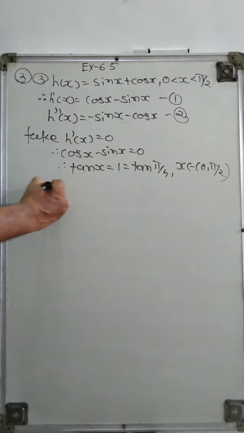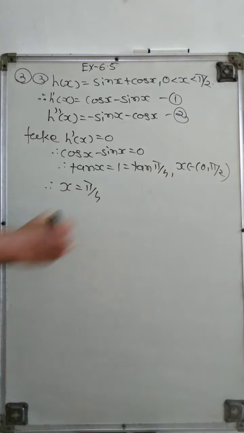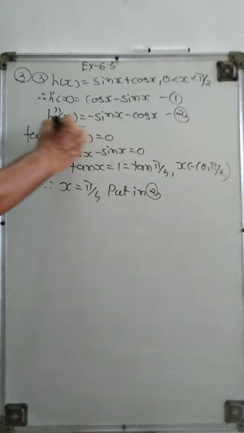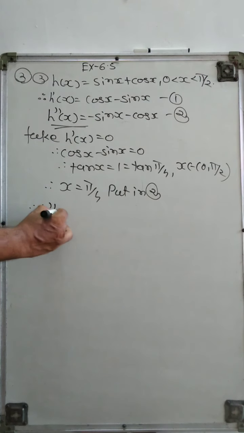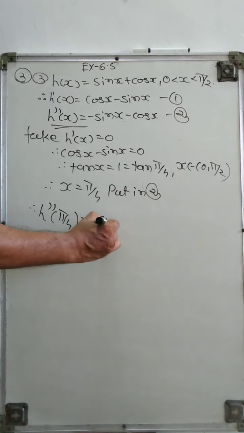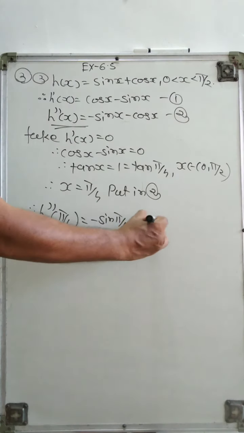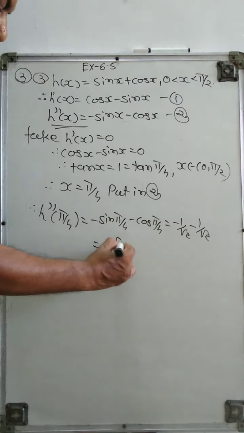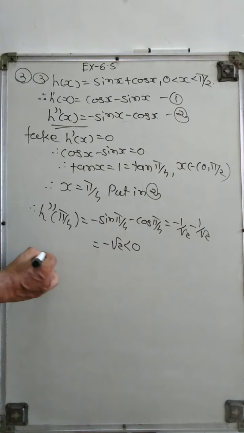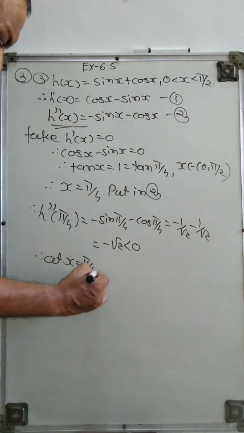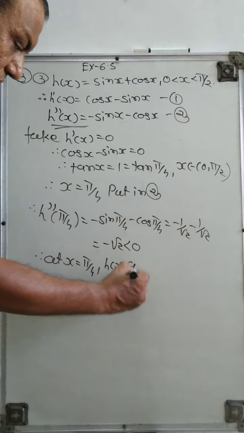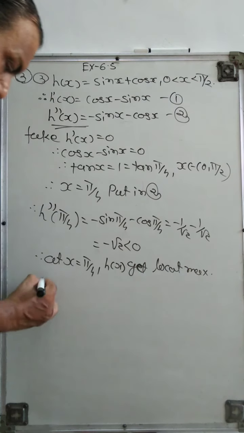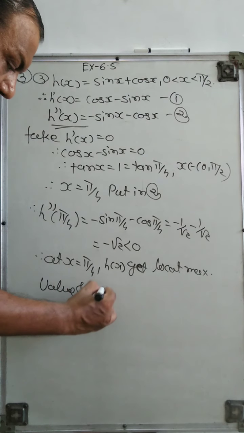So this way here we get x equal to pi by 4. Now for this x equal to pi by 4, put into h double dash x, we get h double dash pi by 4, it is minus sin pi by 4 minus cos pi by 4, minus 1 upon root 2 minus 1 upon root 2, it is minus root 2, which is less than 0. Therefore at x equal to pi by 4, h(x) gets local maximum value, and the value is